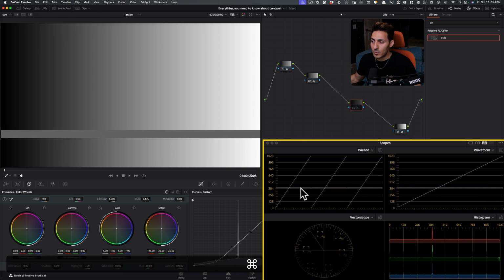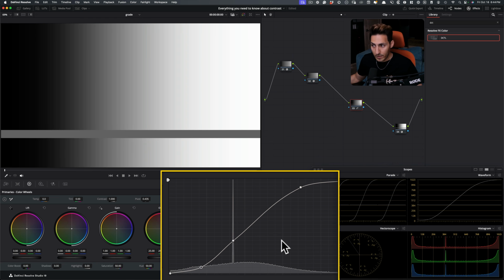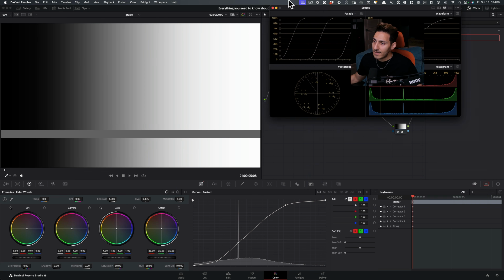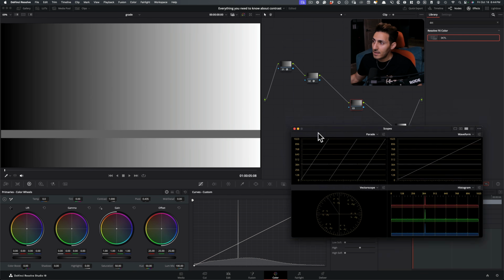So see how easy it was? I can just start riffing it and then come back and lock in that point. Okay. And then the final way that we talked about, which was lift gamma gain, we can do the same